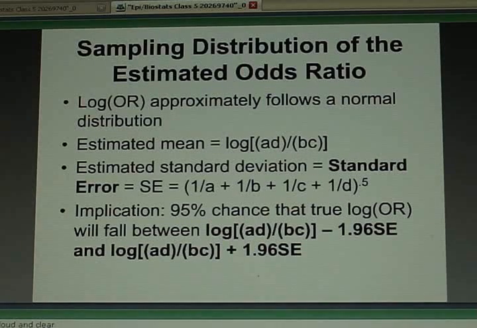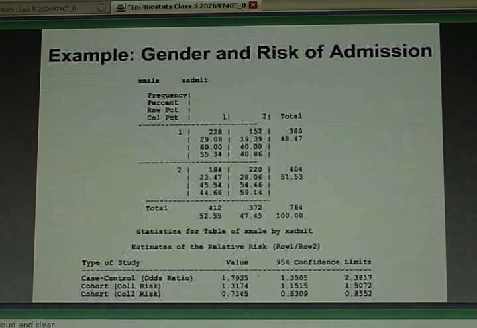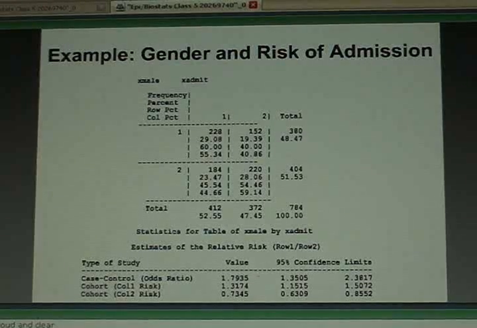And statistical theory says that if you have a distribution that's normally distributed, there's a 95% chance that the true log odds ratio will fall between the log odds ratio you observe in your one study after you subtract 1.96 times the standard error from it, and the same log odds ratio from your study plus 1.96 standard error units. Meaning, to show you by an example, here's a 2x2 table from SAS,